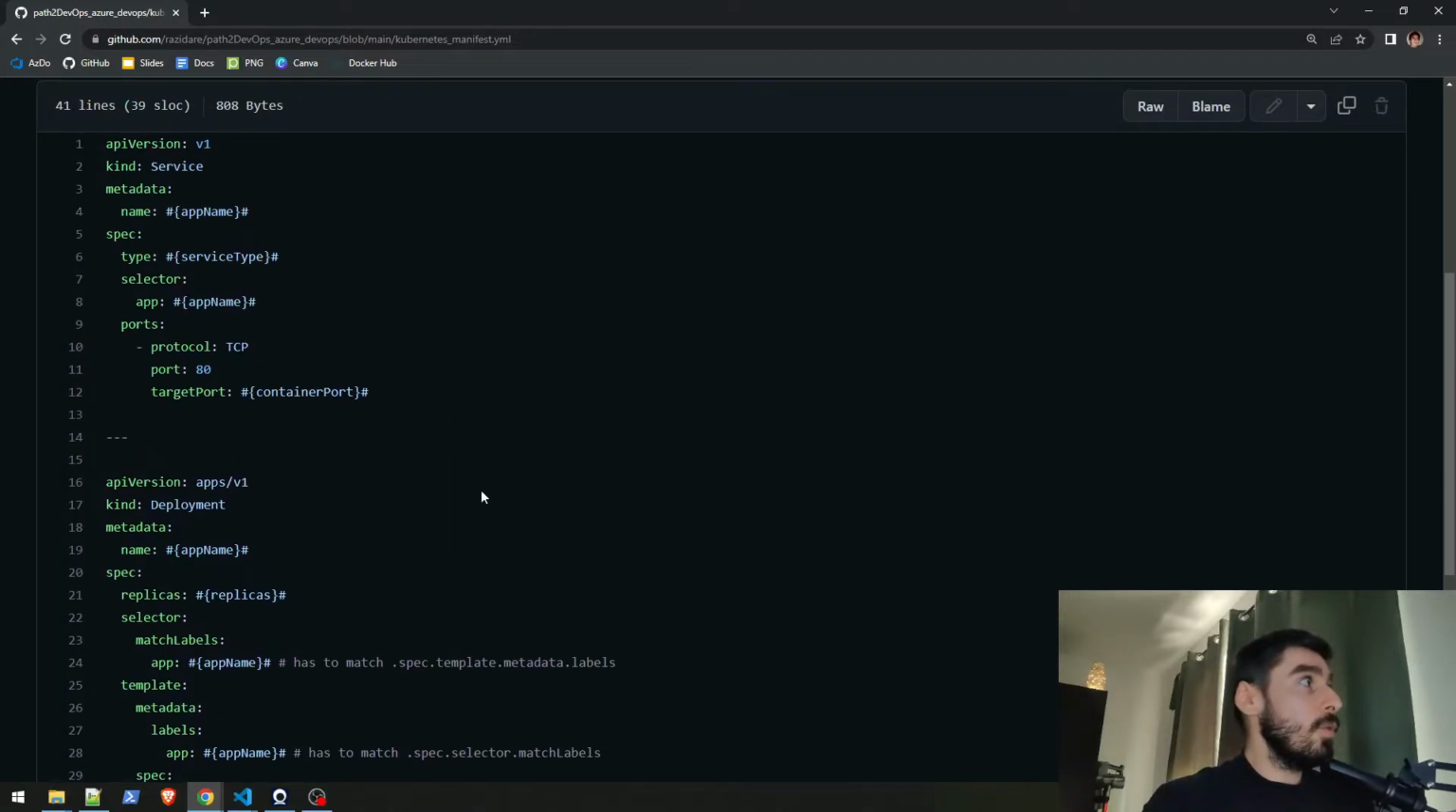But if you look here, what I've done is I've created this, let's say, token language, where any token will begin with a pound key and then an accolade, and it will end in a closed accolade and another pound key. So everything that sits between these tokens is basically going to be replaced in the pipeline with the actual